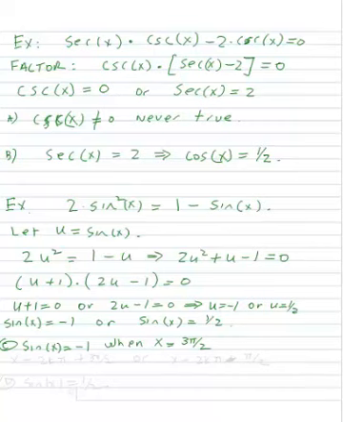So our general solution then is given by x is 2k pi plus 3 pi halves,